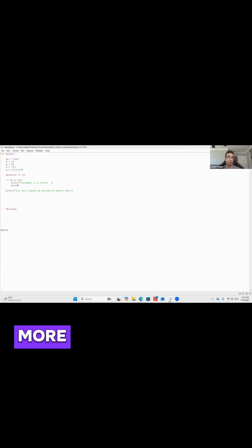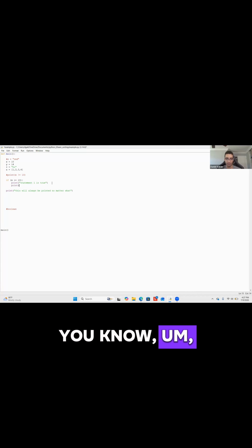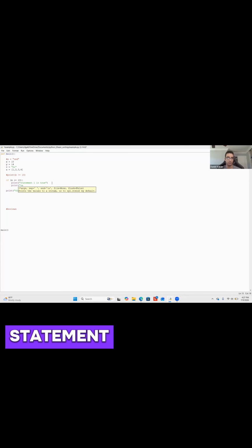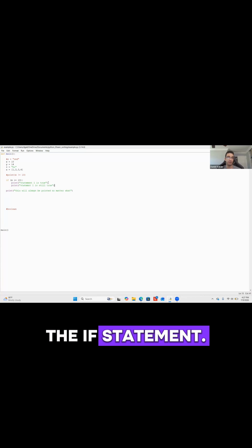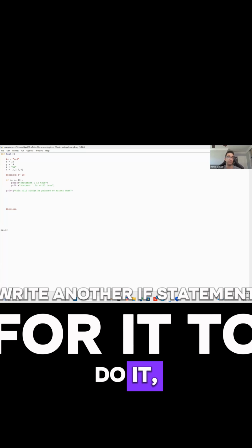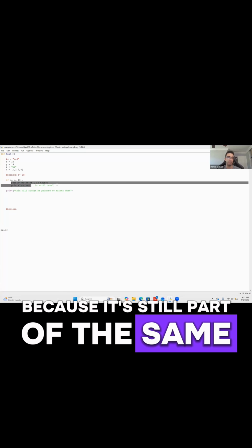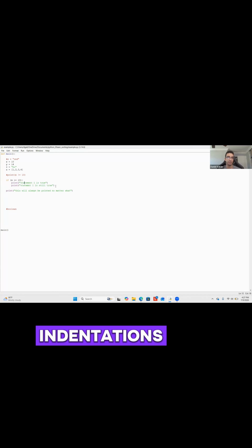So I can also do more statements here. Statement one is still true, and it will know that it's still part of the if statement. I don't have to write another if statement for it to do it because it's still part of the same block. So indentations have